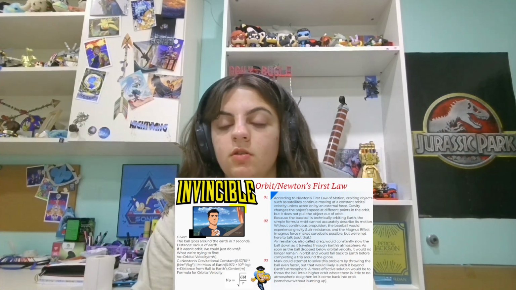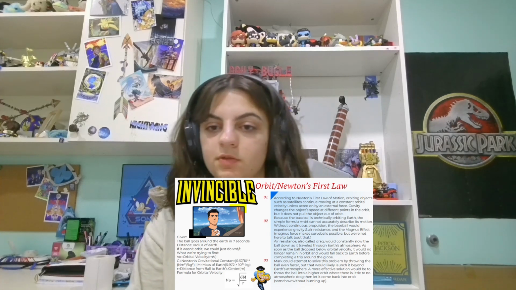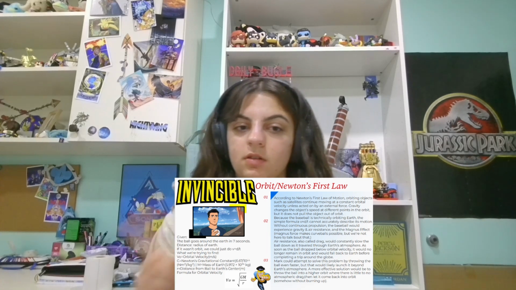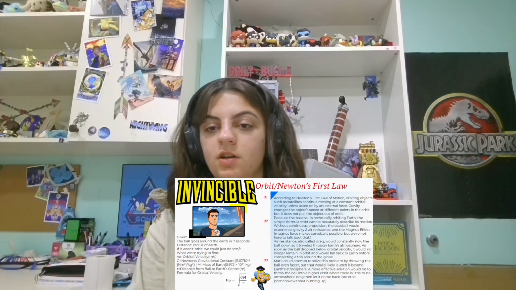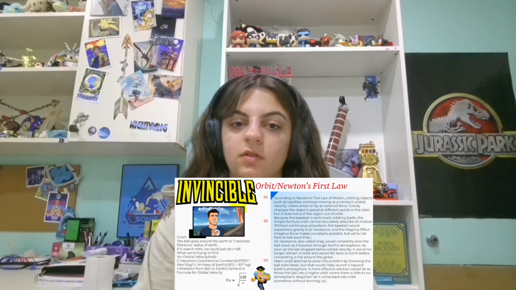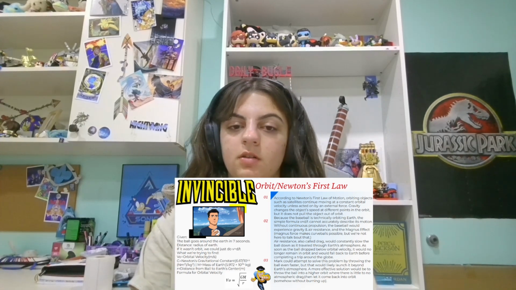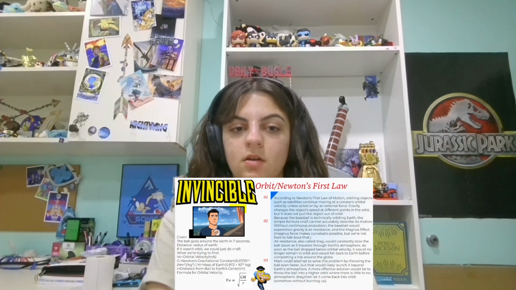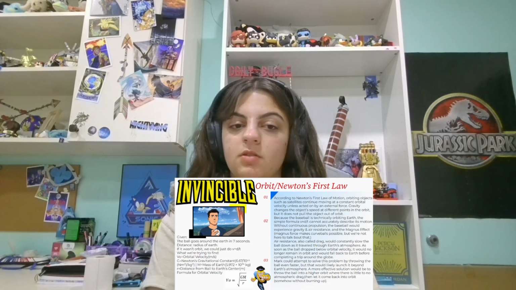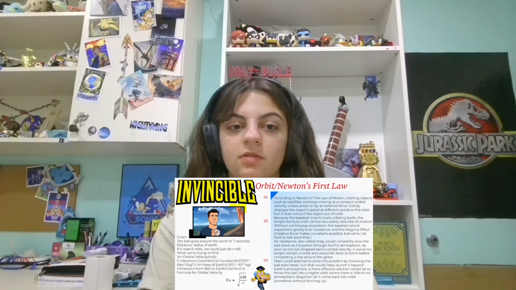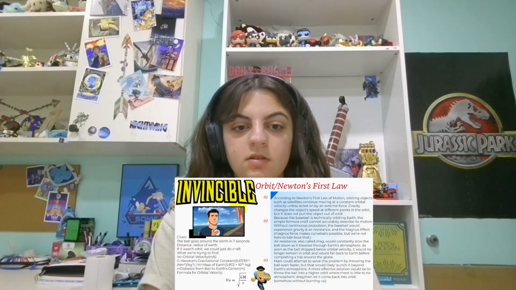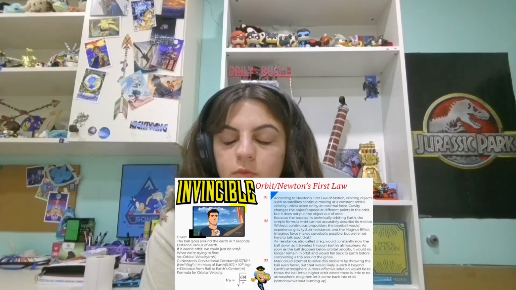Normally you'd find the velocity by doing v equals d over t, except this is not a normal object, this is an object being thrown around the world. Which means you can't use that formula because this technically falls under Newton's first law, and this is an orbiting object. Obviously it does not orbit in the show, but the show is an animated series. Sometimes the animation is like PNGs moving across the screen. So anyways, we can use the formula v equals